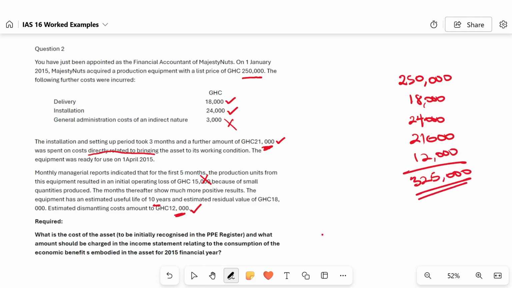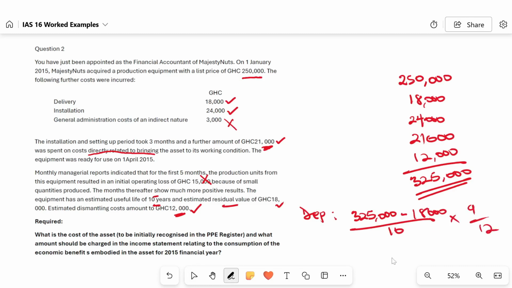The second part of the question required that we determine the amount that should be charged in the income statement relating to the consumption of the economic benefits embodied in the asset, and that is our depreciation charge for the year. Depreciation is given by the cost less residual value divided by the useful life. The cost of the asset, 325,000 less the residual value, which is 18,000, divided by the useful life, 10 years,